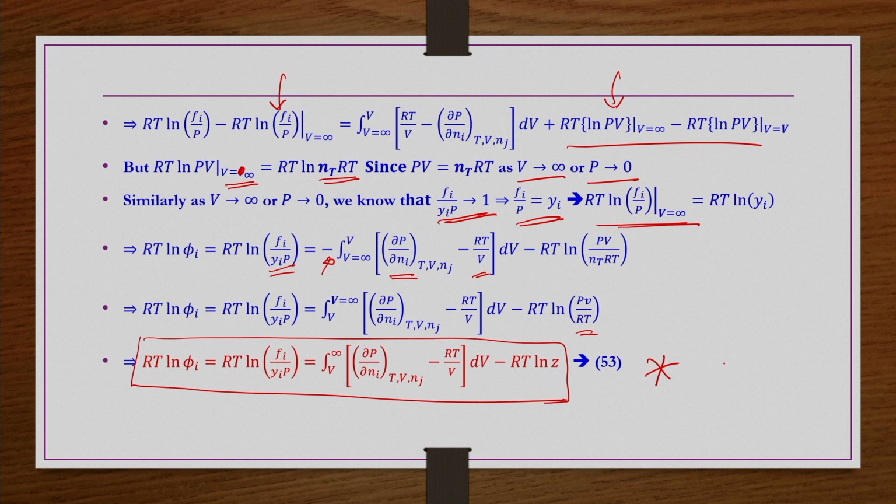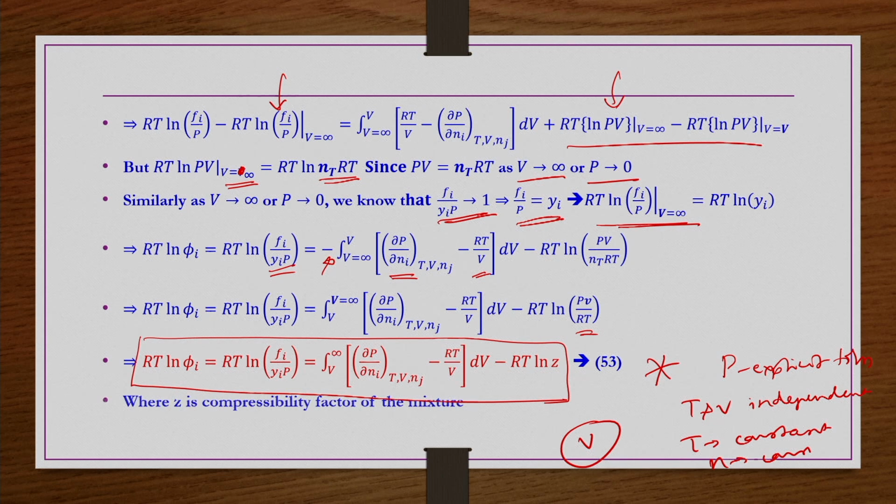And then here we have the pressure explicit form, and T and V are the independent variables. Out of these two, we are keeping T constant, and the composition of the N components is also kept constant. That means the effect of V we can find out. If there is a change in V, how this Phi is changing, that is what we can get by simply integrating this equation and simplifying it.